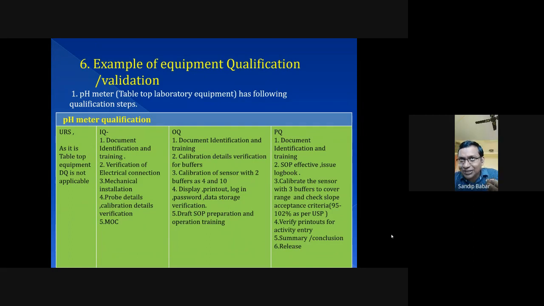So I have to purchase a pH meter. So what do I need to do? First, I need to do URS. It is a tabletop equipment. DQ is not applicable. Then the vendor will give the IQ document. In that IQ document, I will check everything is there. Then the vendor will give the OQ document. In the OQ document, I will check all the things: calibration of sensor, then password, printout, login, password verification, draft